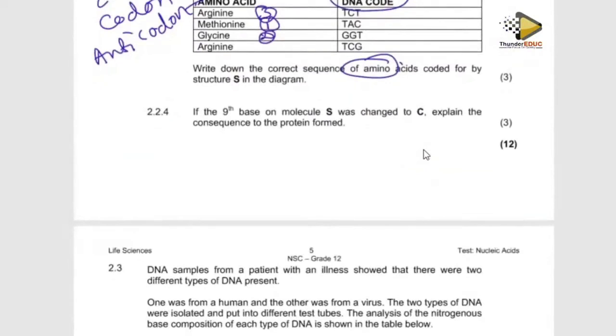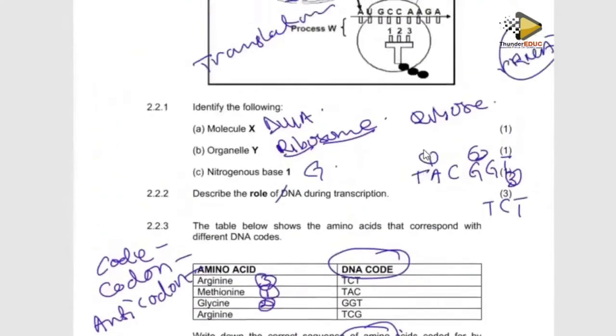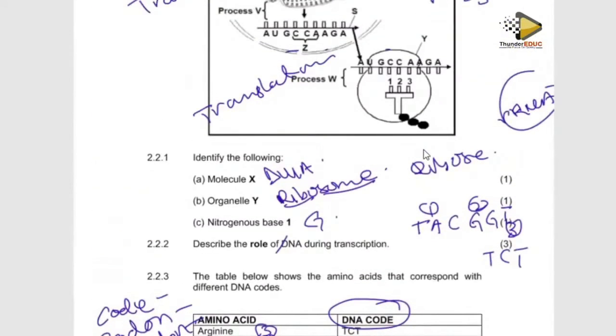Then now we have: if the 9th base on molecule S was changed to C, explain the consequences, what will form. They're saying 9. So this is 1, 2, 3, 4, 5, 6, 7, 8, 9. So if this was changed to C, it means that what I'm going to form